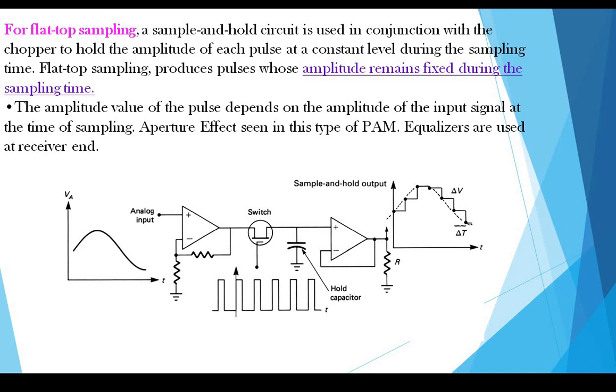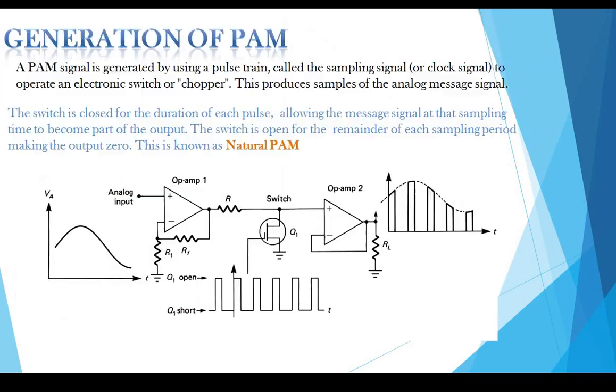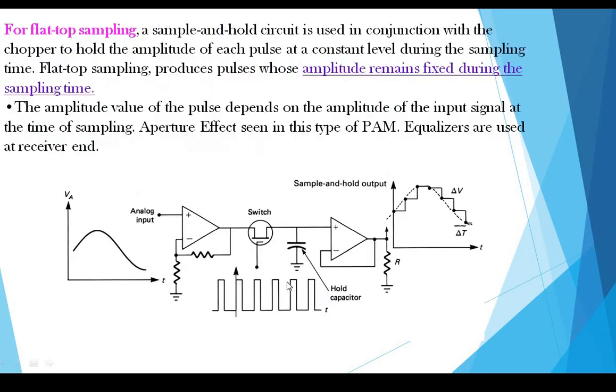So these are the two kinds of generation for your flat top pulse amplitude modulation. So what are you using? A message signal. Okay, this is the one analog input signal. You are giving the message signal through a switch which is used to generate your pulses, but here the amplitude is not constant. So we are going for the flat top sampling. In the last class also we discussed flat top sampling, where you will see the circuit of that. You will have a sample and hold circuit. It will sample and hold the value of the amplitude. So amplitude will remain constant throughout the sampling time.